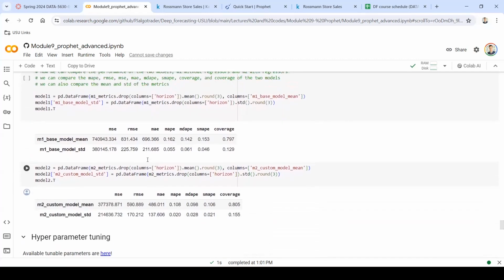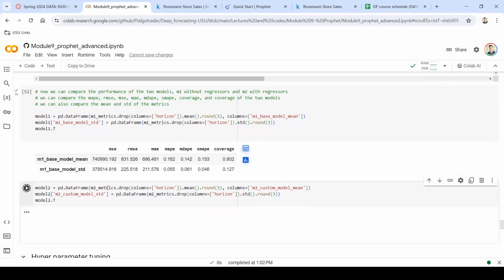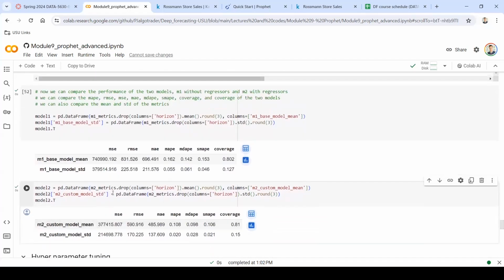And an easier way to do that is this. We can look at the average and standard deviation at the same time. So this is for Model 1, your benchmark. This is for Model 2, your new model with extra regressors. And the variable of interest for me is MAPE. The benchmark is 60% with 5.5 standard deviation,